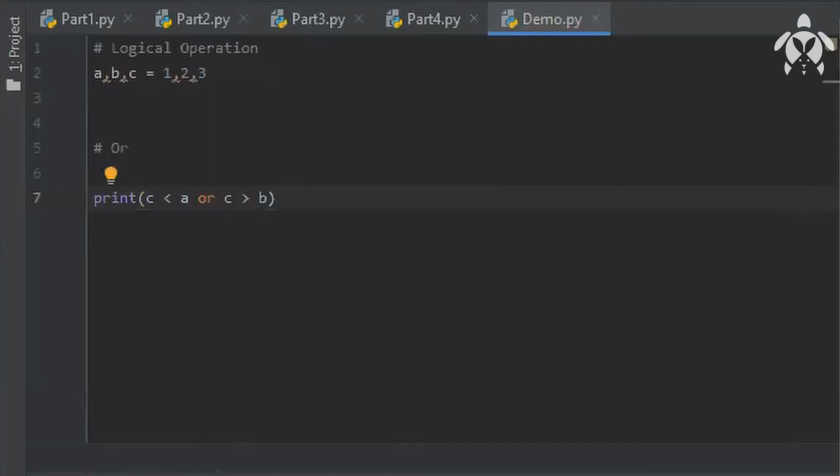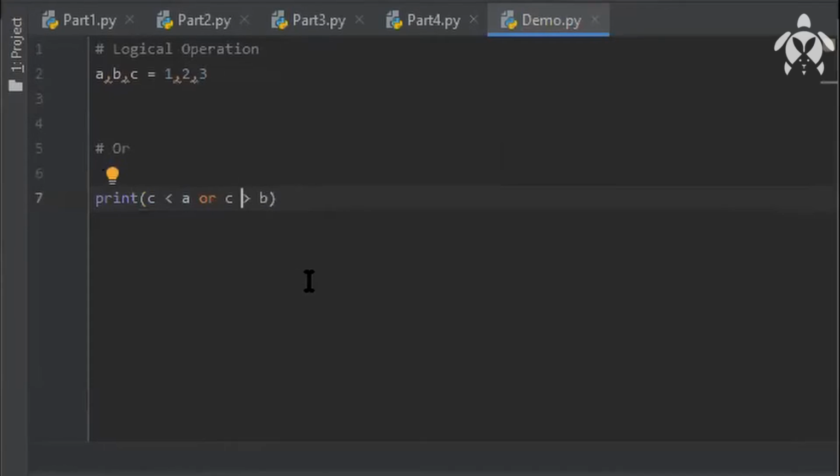So you're getting a true output. What the OR operator does is it takes one at a time. It will see one condition at a time, and if that condition is true, then it will give a true statement. In AND, both the conditions should be true, and in OR, one condition should be true. So that is the difference in OR.